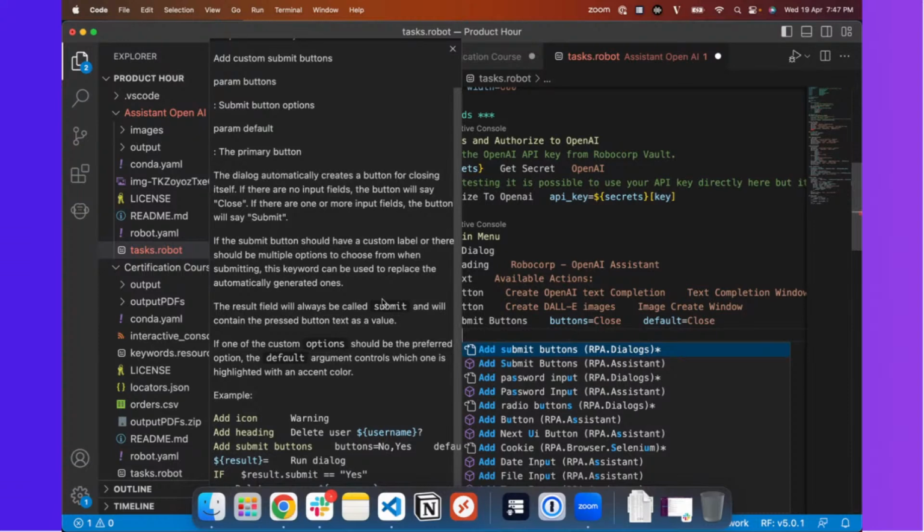So you need not go out of your Visual Studio Code to understand the documentation. While there is very detailed documentation on robocorp.com/docs, everything is embedded inside the code, and then you can complete that quite easily.